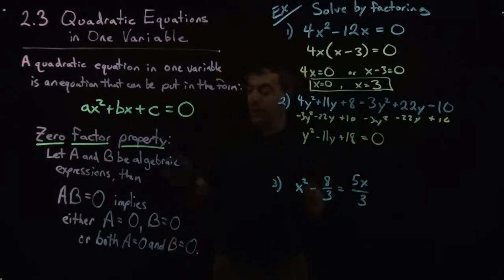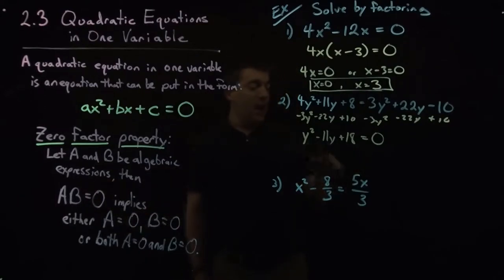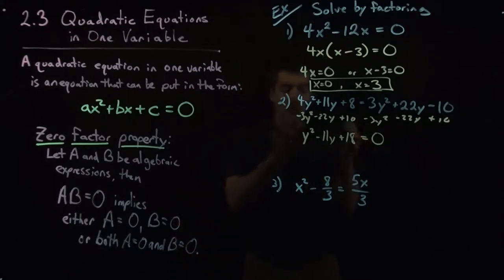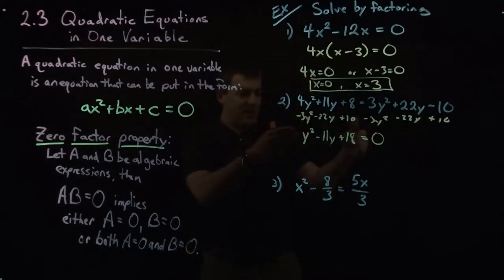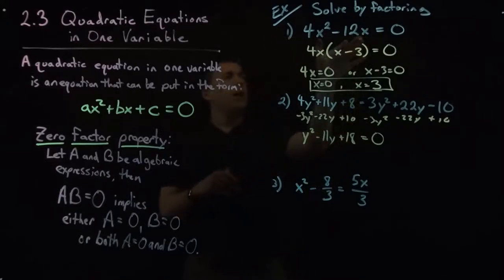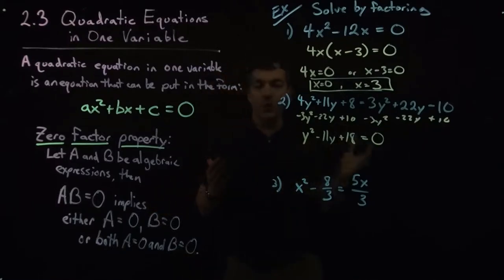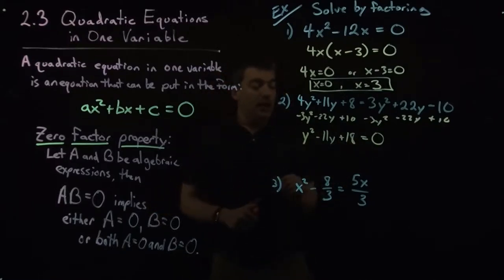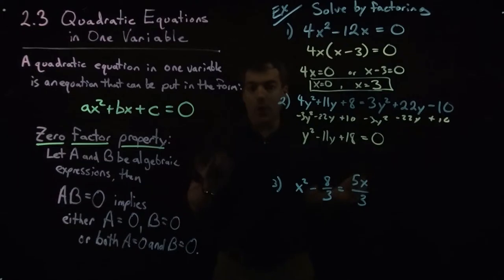All right, now we're working towards this. We have y squared minus 11y plus 18 equals 0, and now we need to write this as a factor. You can see that this is a different situation than the previous problem. In the previous problem, we just factored out common factors from these two terms. This is a trinomial. It's got 3 terms in it, and so we need to use what we know about